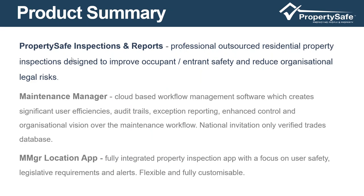We're just focusing here on PropertySafe inspections and reports. That's the outsourced service that we offer our customers. And there we've been doing safety inspections for over 8 years, and we are the only national provider that provides residential safety, professional safety inspections with integrated software that all works together. So it's really finding those things and helping our customers understand their properties better, look at safety hazards in the properties, and then provide realistic and practical solutions for getting these things repaired or getting them fixed, or prioritizing the